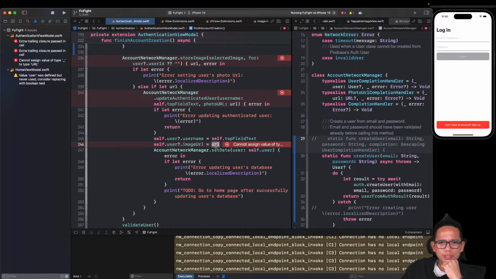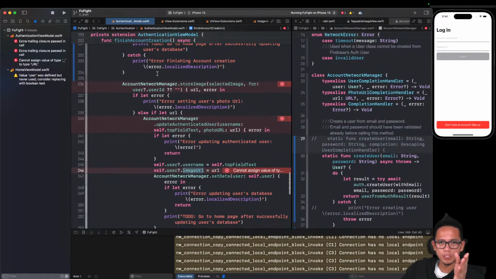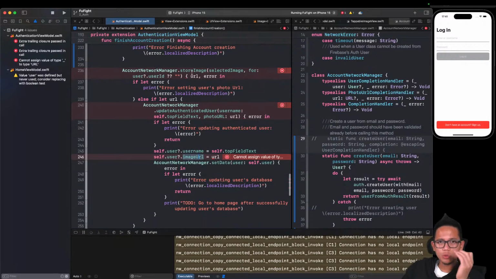This was our finish creation function that stores the image,